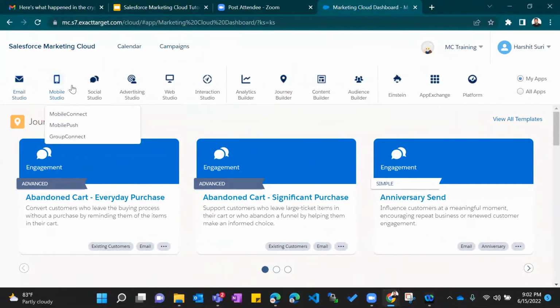So guys, on the other hand, we have Mobile Studio. In Mobile Studio, we have plenty of different channels available to reach our customers. For example, if we want to reach our customers via SMS, MMS, you can have Mobile Connect installed for your Marketing Cloud, and you can implement this Mobile Connect to send SMS, MMS.